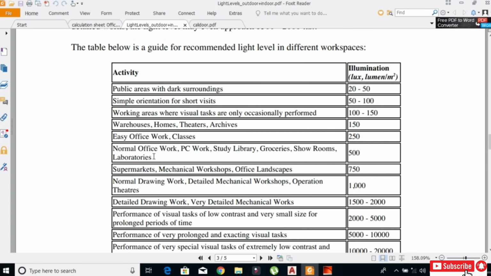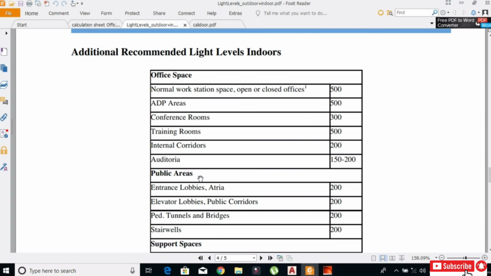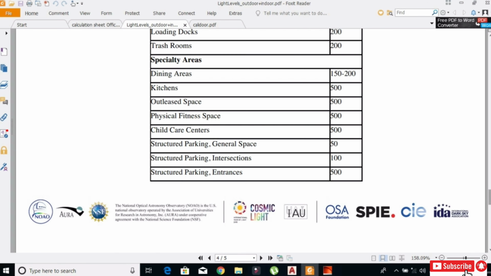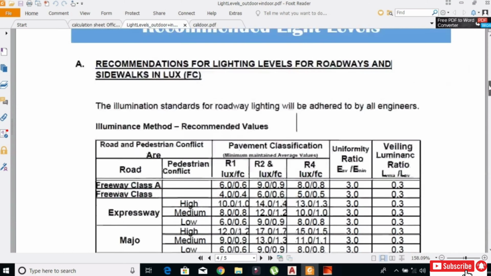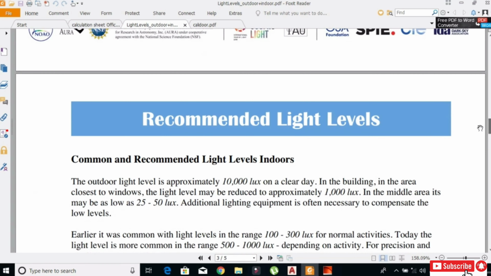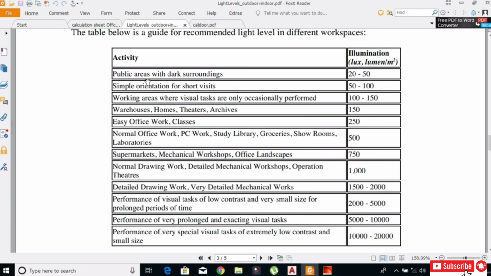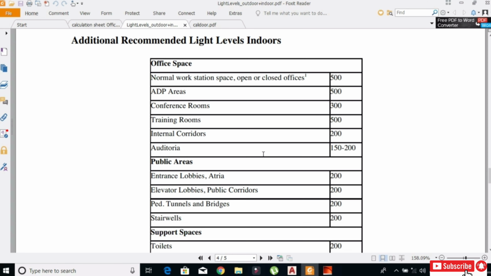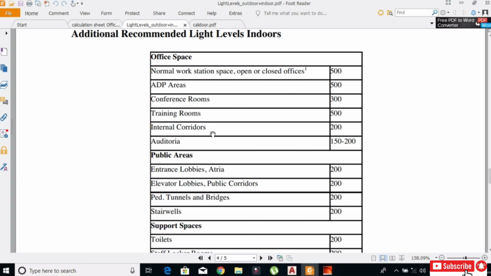Now check where is the corridor: easy office, normal office, study room, work area, visual task, workshop, then public area, entrance, loading area, public area, work area, office, classroom, normal office. Yes, sorry, here this is the internal corridor.